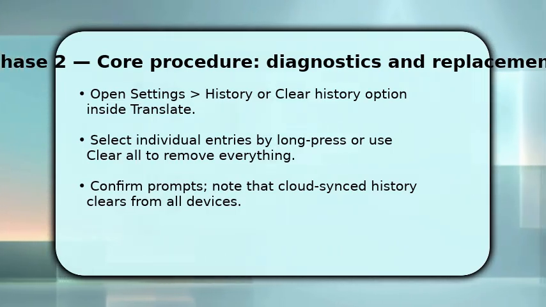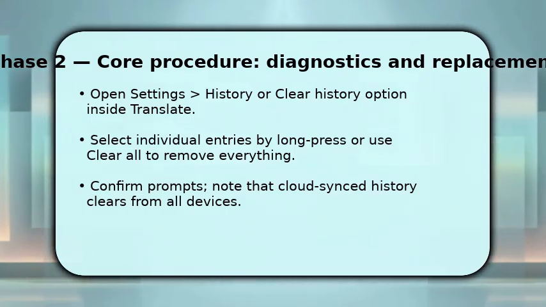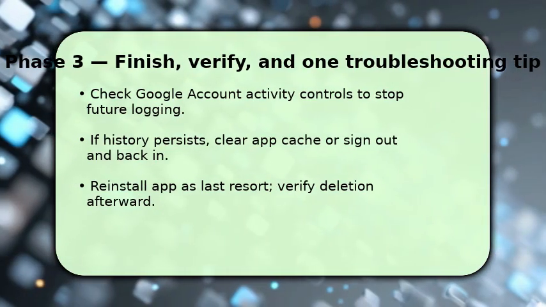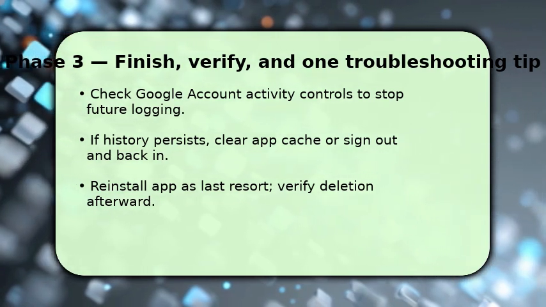Understand why. Clearing removes local and cloud-synced entries tied to your Google account, so it stops those phrases appearing on other devices. Make sure you really want to delete everything before confirming. To finish, open your Google account's activity controls and disable web and app activity if you want to prevent future